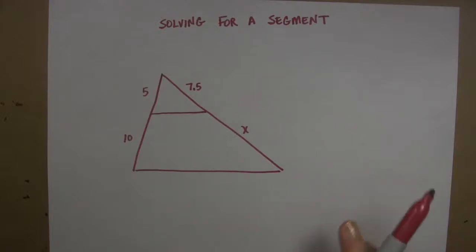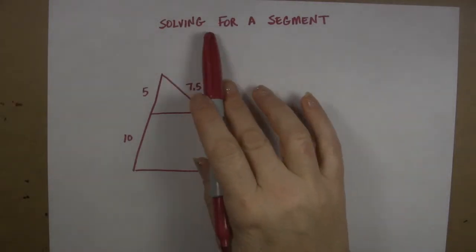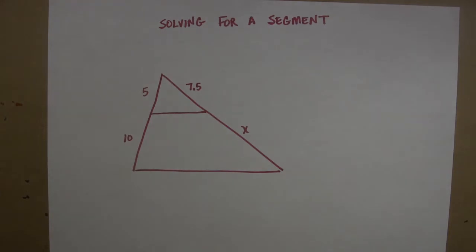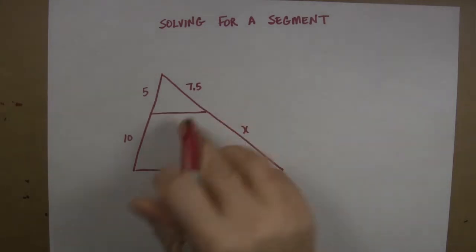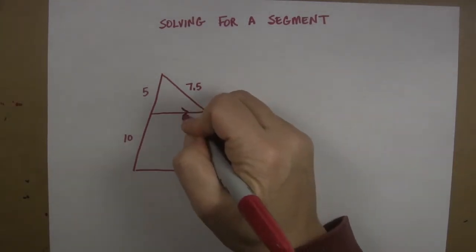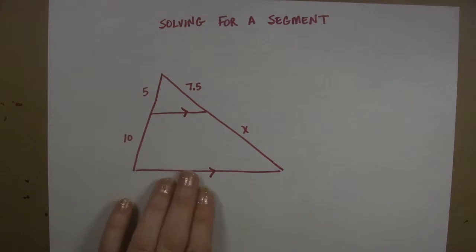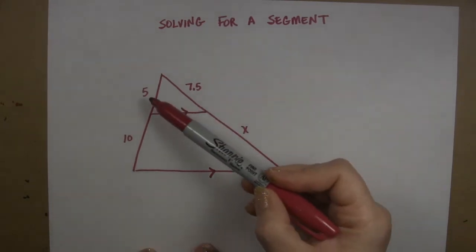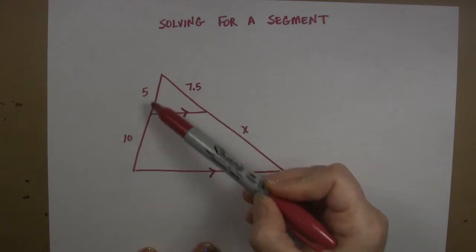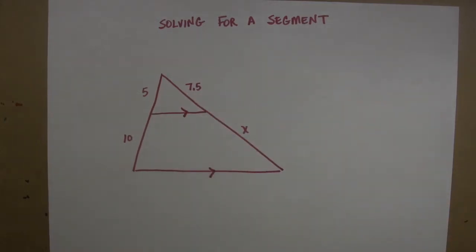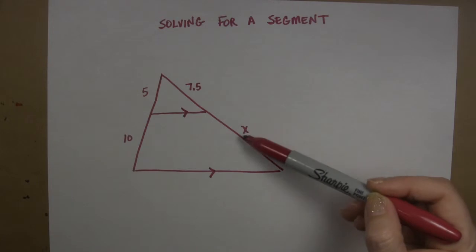Hello everyone, and welcome to a short video which talks about how to solve for a segment. So here I have drawn a triangle and I have this line which goes across here, and you just need to know that that line is parallel to our base. That means that these numbers are going to have a relationship to each other, and we can use that relationship